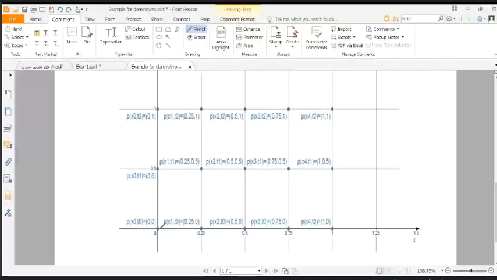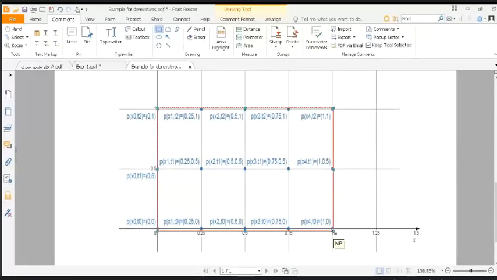15 points. Okay, these 15 points are our grid points. We have 15 grid points. Is it okay? Yes. Okay. By using delta x and delta t,